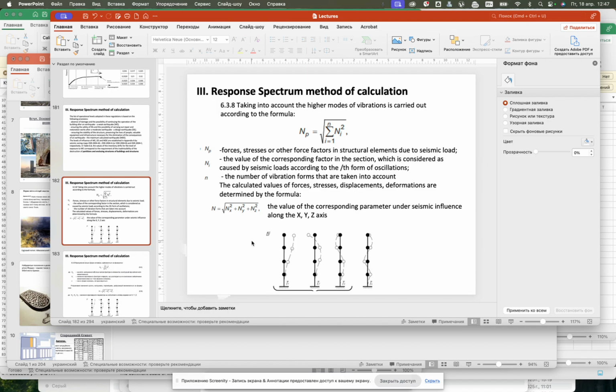To take into account the overall effects according to x, xy, xz, we have to make this part of the calculation again: the square root of the sum of squares of each direction, which gives us the value of the internal force